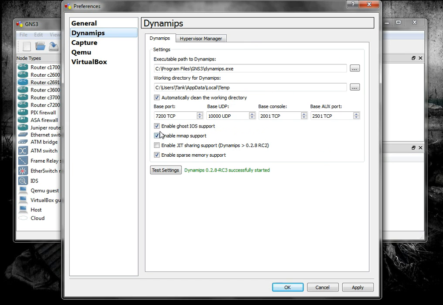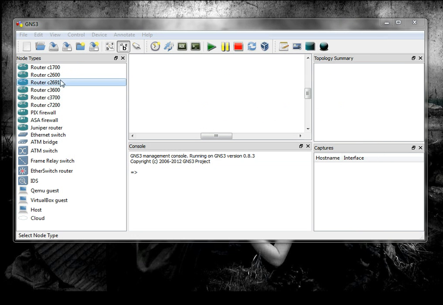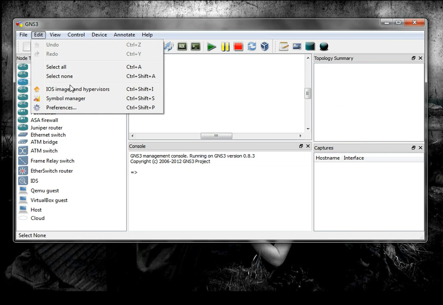One last thing is GNS3 is a resource-intensive program. For the best use of your memory, just enable that these 3 boxes are ticked. Okay, so that should all be good. The next thing we need to do is